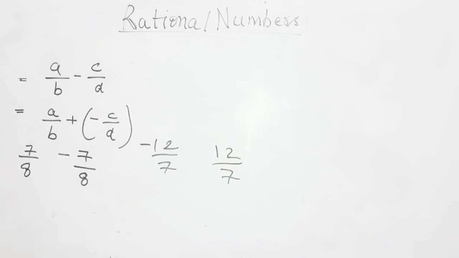So how do we subtract the rational numbers? If the denominator is same, we are going to follow the same method as we did in addition. But if the denominator is not same, then we have to take the LCM, which we did in addition also. And one thing which you have to keep in mind always is check for the negative denominators. If any of the denominator is negative, make it positive. And to make it positive, what we are going to do? We are going to multiply it by minus 1, both the numerator and the denominator. Okay. So I will be taking some examples to explain you subtraction of rational numbers.